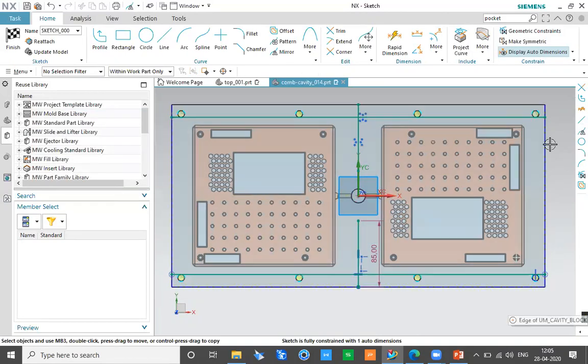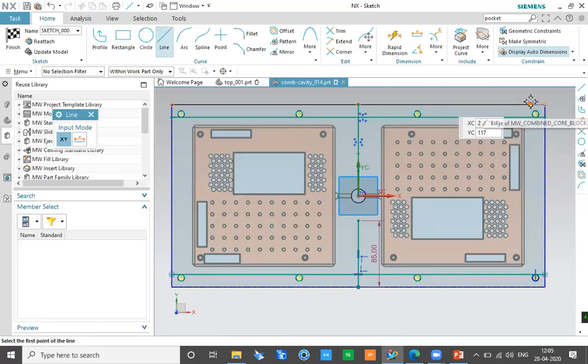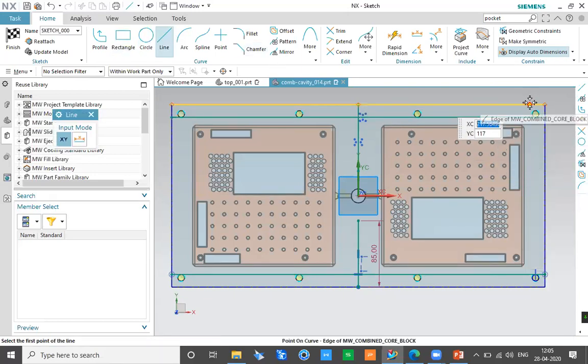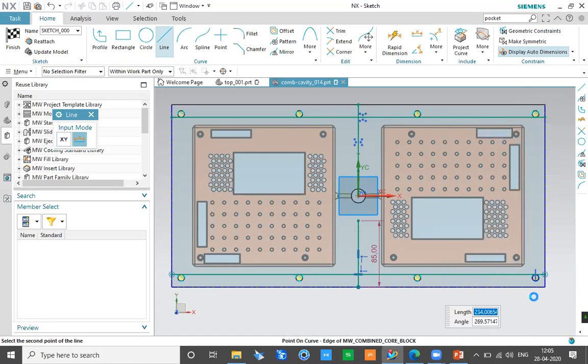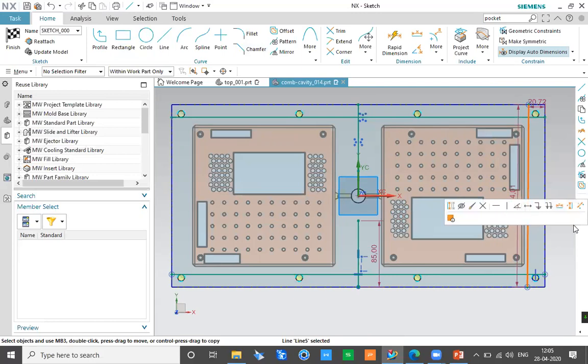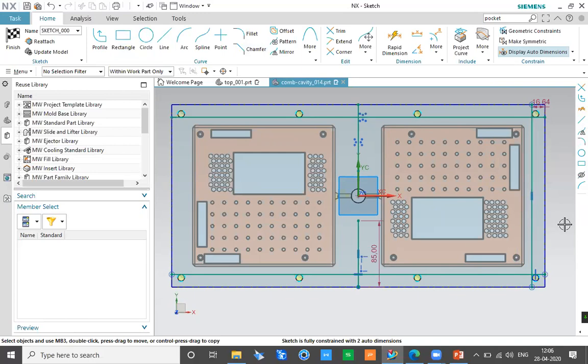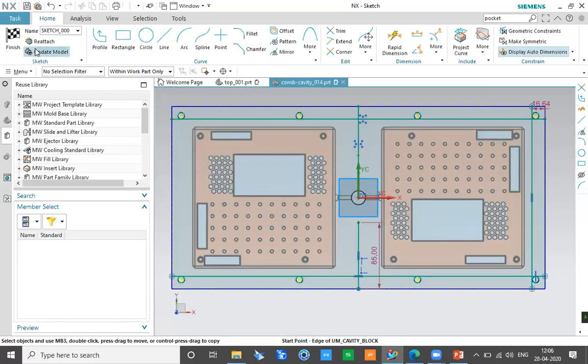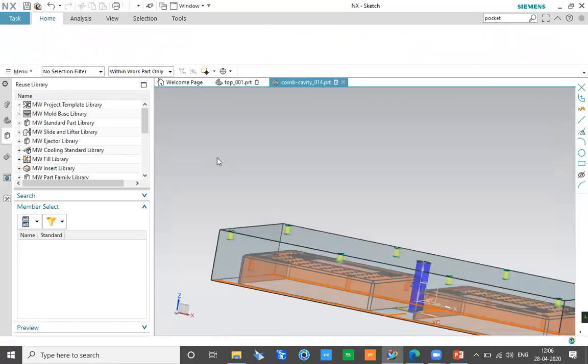And if you want to define an internal connection here, let's say you want to create a hole which is internally connecting both the areas, you can actually do that. Or otherwise, you can go for an external connection of a tube, if you require that kind of tube connection. So here I'm creating a line again and making sure the line is vertical. Okay, and then I can place it the way I need. Later on, this basic information can also be changed. Now I'll finish my sketch because the basic layout of my cooling has been derived.